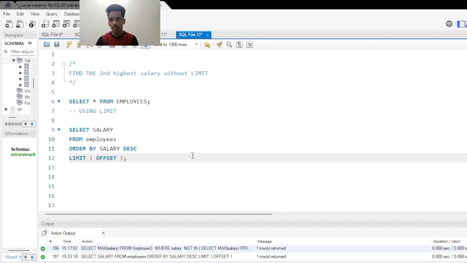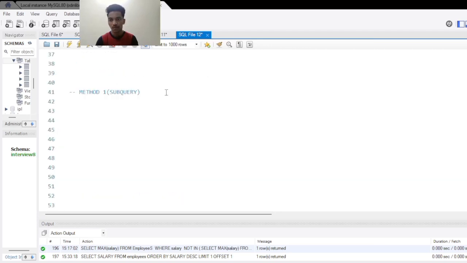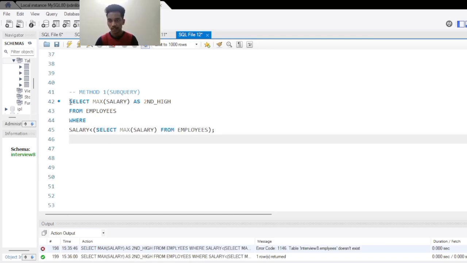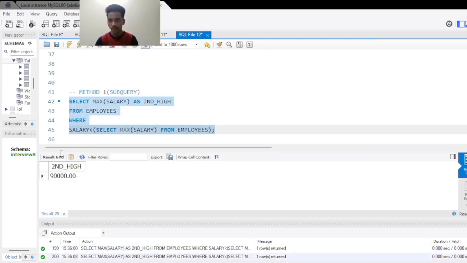So for that, I would like to let you know the second method. That method is using a subquery. First, let me write the query. After that, I will explain step by step. Select max salary from employees where salary less than